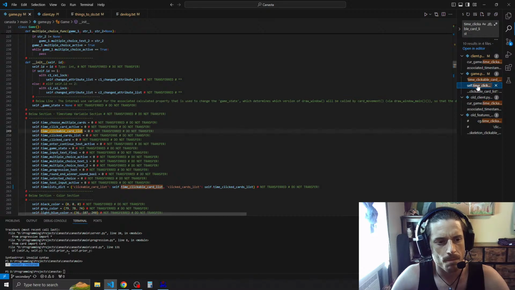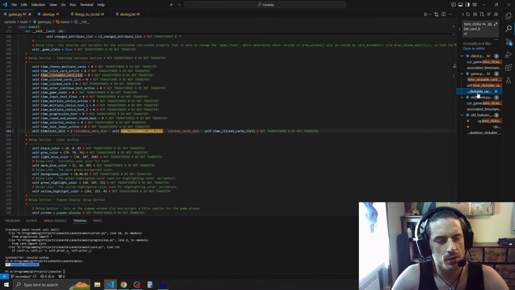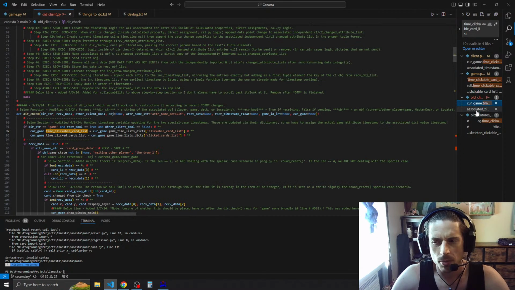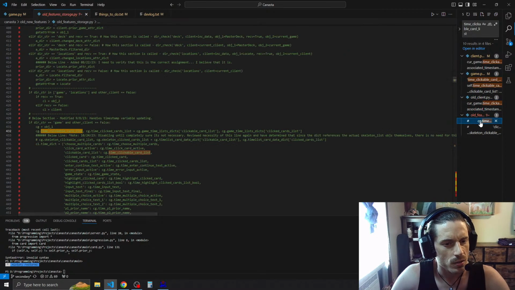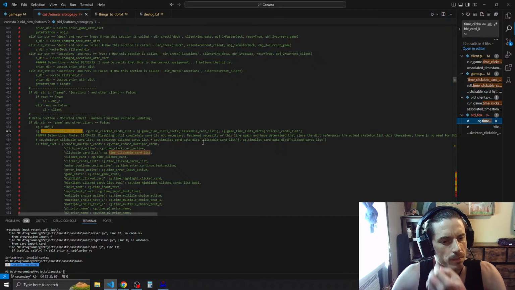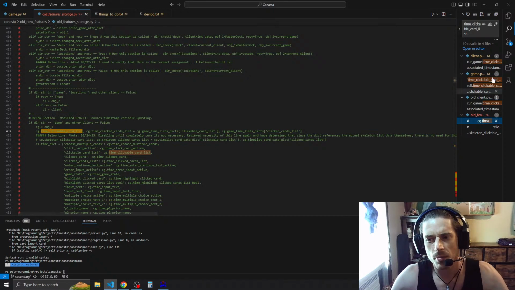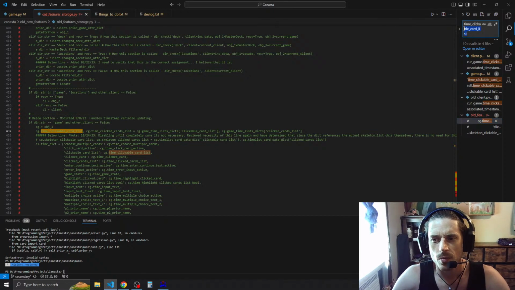So if there's not another, and this is the original assignment, so when this is defined, this value is going to be literally 0, and it's just going to remain 0. But let me look in the old one. Yeah, still the same. Okay, so this is an old feature storage. This is the same thing. And we don't use the time dict anymore, but still,